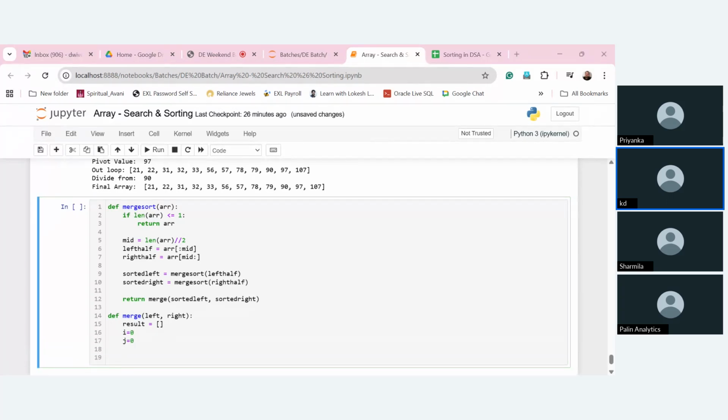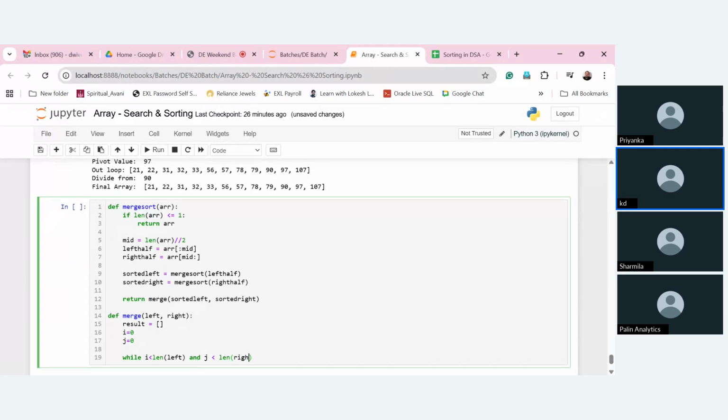While i is less than the length of left and j is less than the length of the right array,